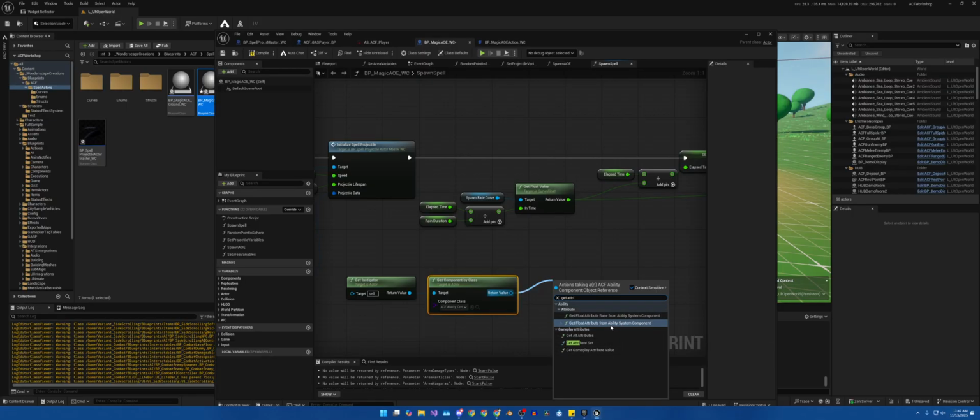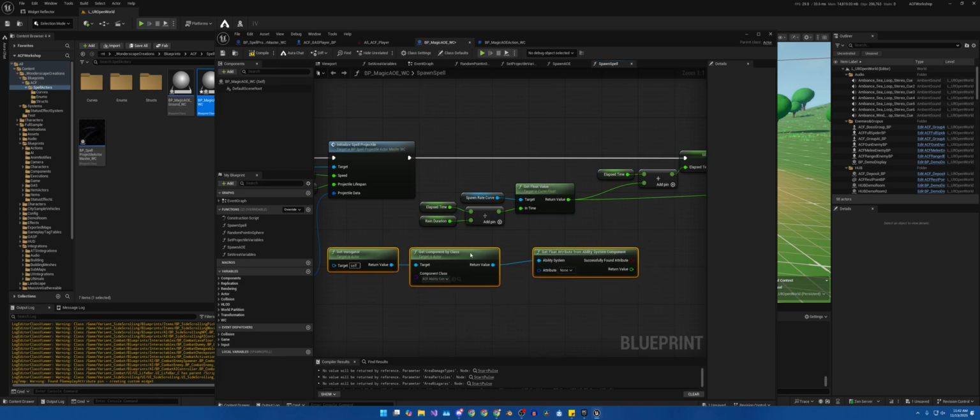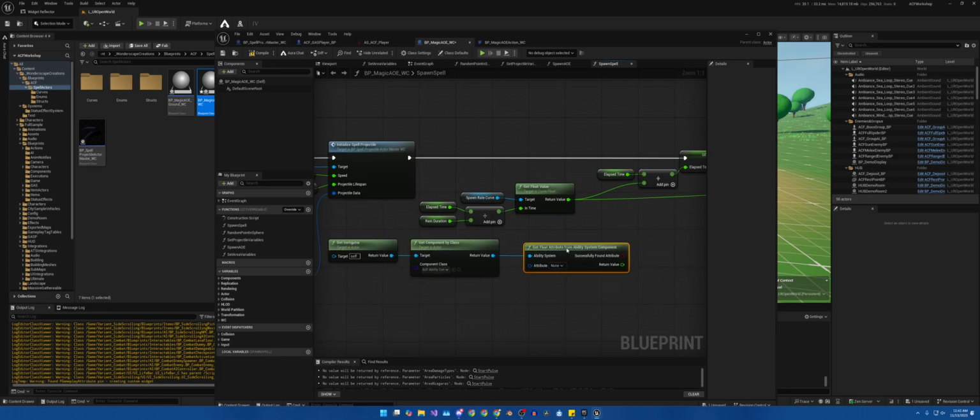Get float attribute from ability system component. At which point we can choose the attribute. Obviously, ACF does not have that, but as you can see, we have this right here. So what you would want to do is